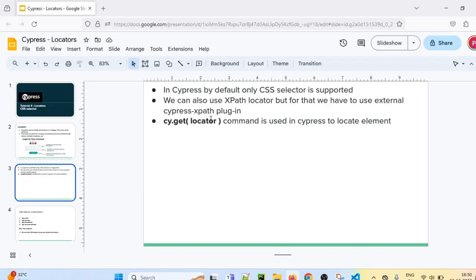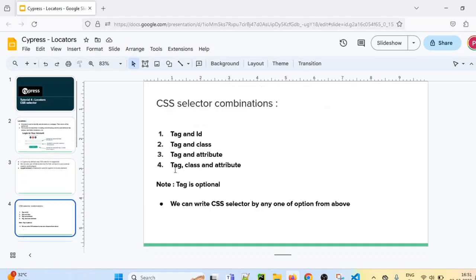In today's session we will see the CSS selector, and in the next session we will see XPath. By default, Cypress supports the CSS selector directly as a locator. These CSS selectors can be created using multiple combinations: tag and ID, tag and class, tag and attribute, tag, class, and attribute.